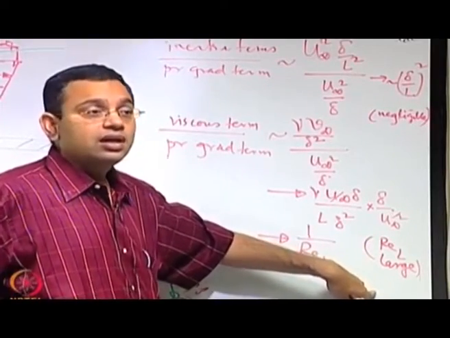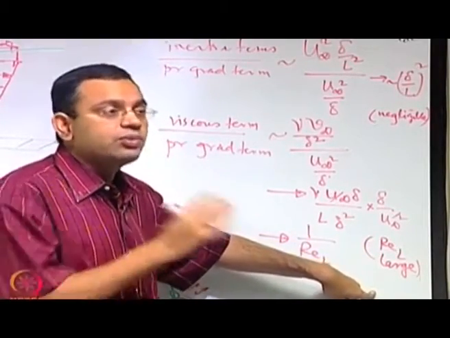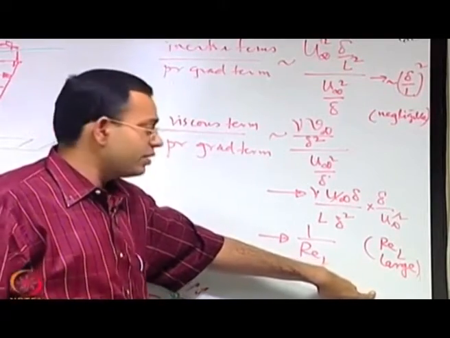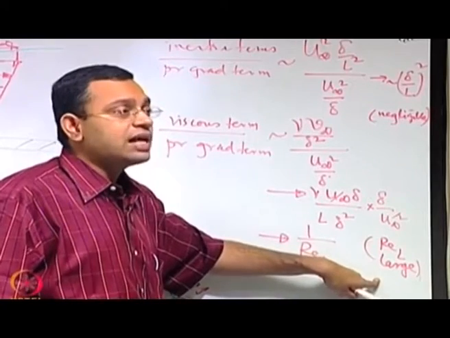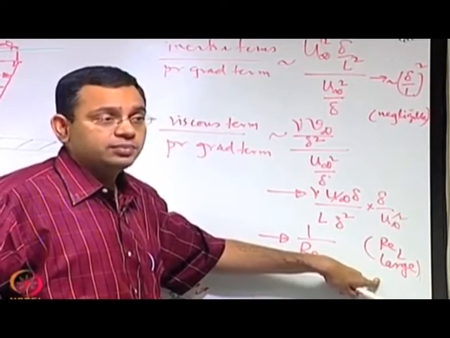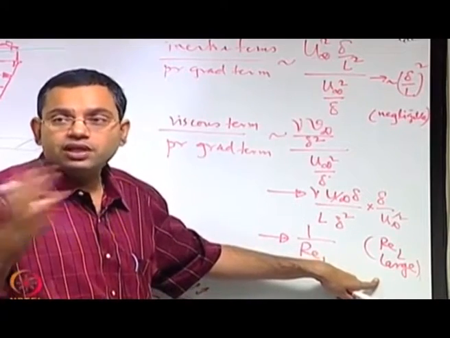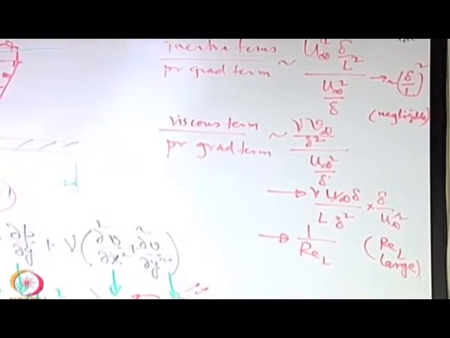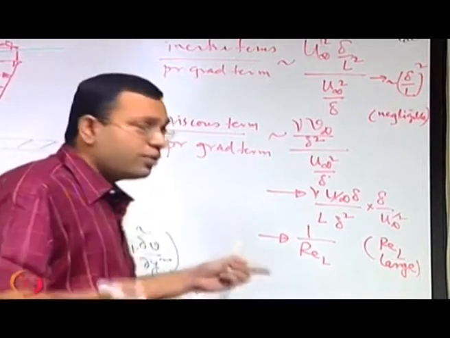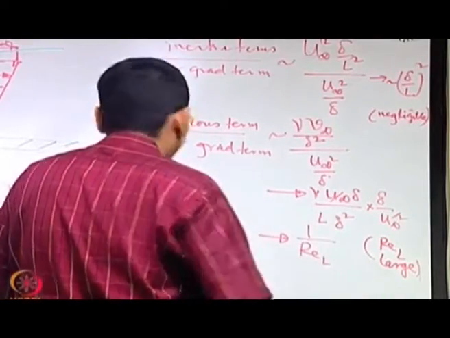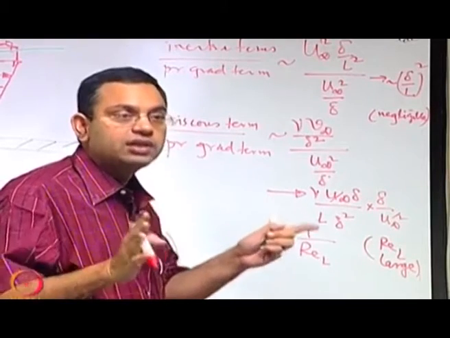We will not assume that this is the truth, because we will show that this is the truth if delta by L is much less than 1. So for the time being it is as if another independent assumption. We will see subsequently that it is not an independent assumption, it has a relationship with the consideration of delta by L. See, just now I have told that we will show that there is a relationship between large Reynolds number and delta by L is small. So you have to wait till that, right.